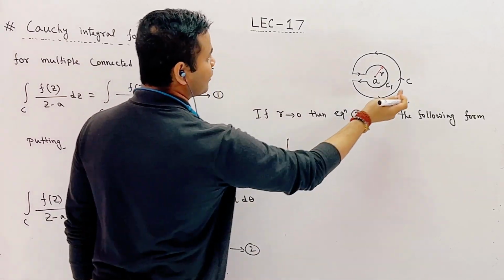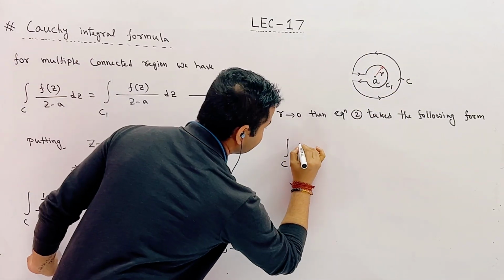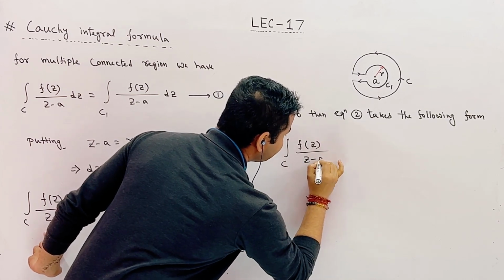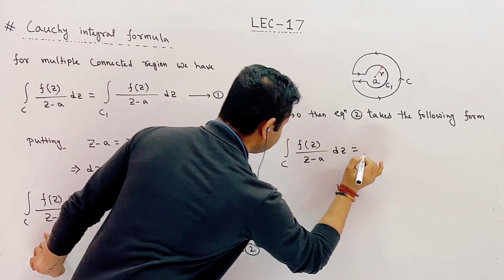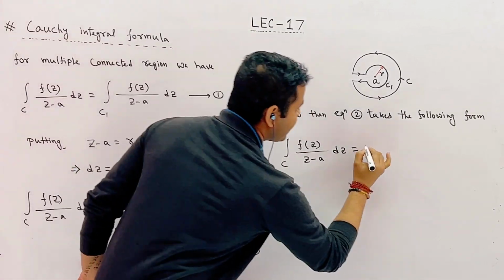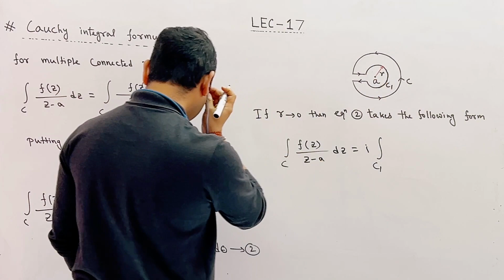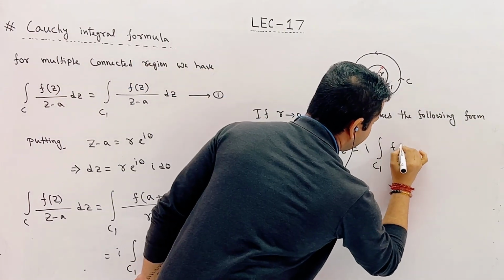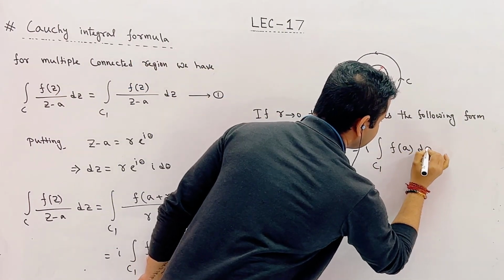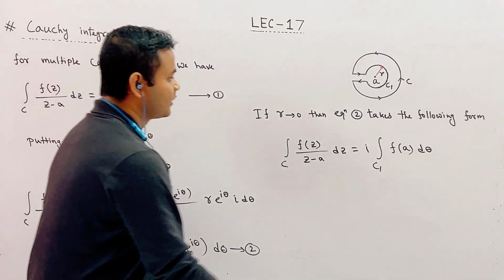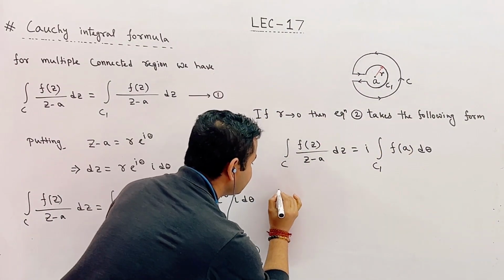Integration along closed curve C of f(z) divided by (z minus a) dz is equal to i times the integration along closed curve C1 of f(a) dθ, because in this case we put r equal to 0. So after simplifying, we will get